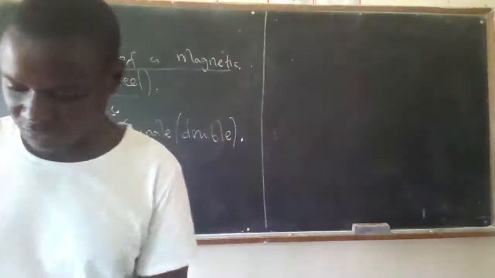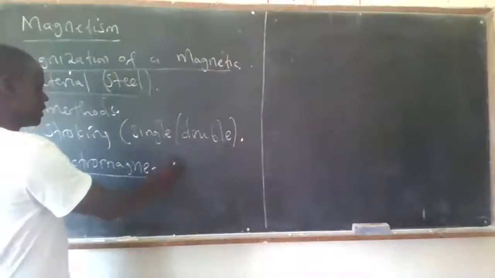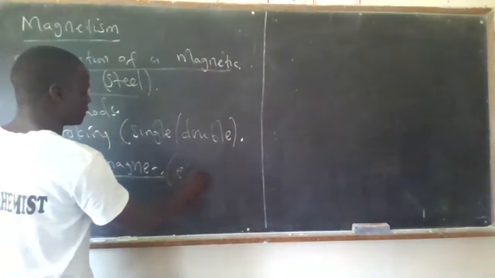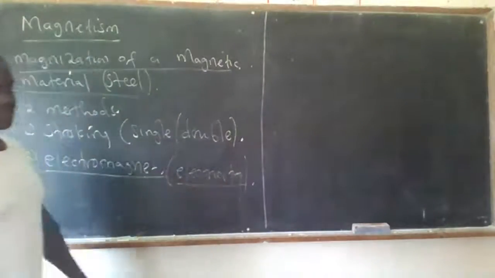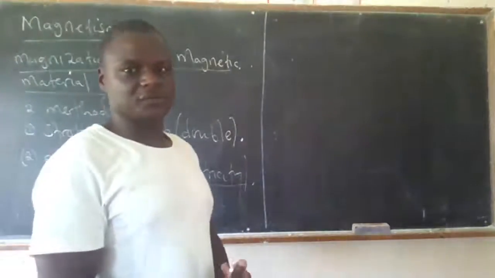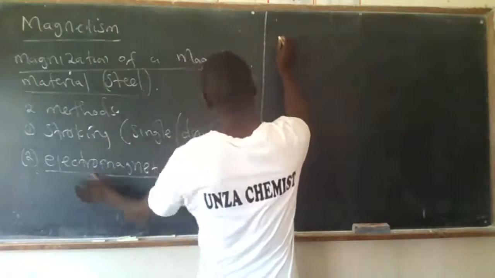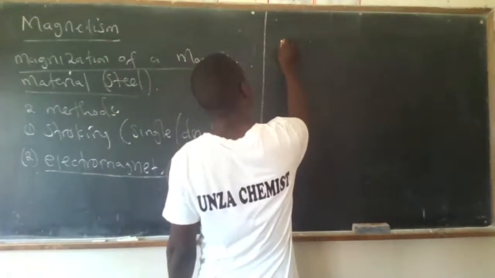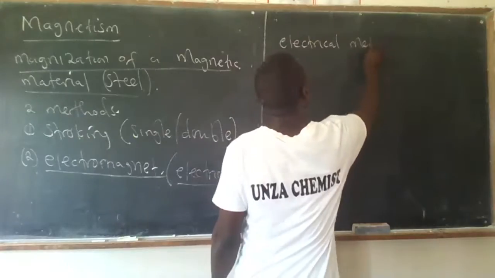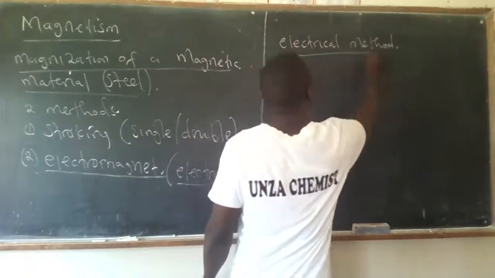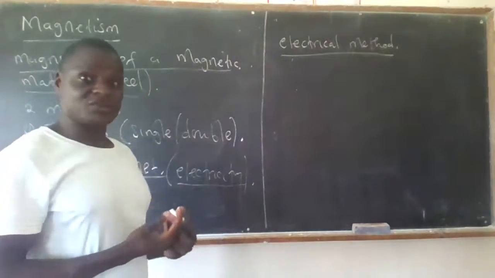We'll be looking at how to make a magnet using the method which is called electromagnet. Now, electromagnet is a method where we use electricity. This method of making a magnet depends entirely on the use of electricity. So let's look at how we can make a magnet using electricity. So this method is called an electrical method. Now, it being an electrical method which involves electricity, that means the electricity has got a vital role to play